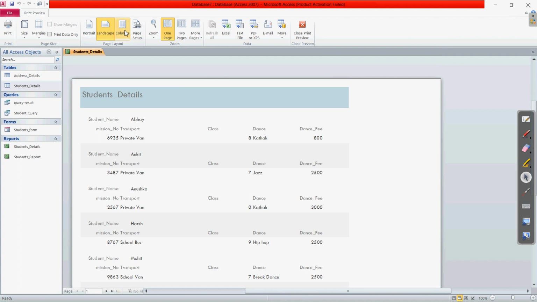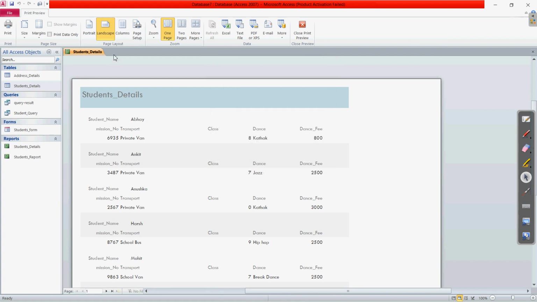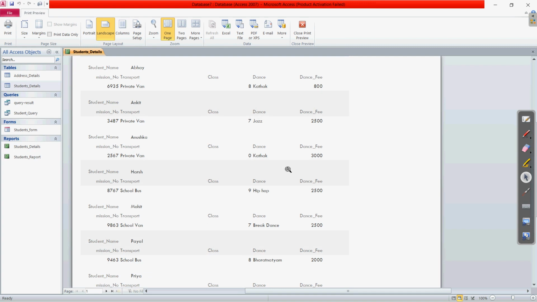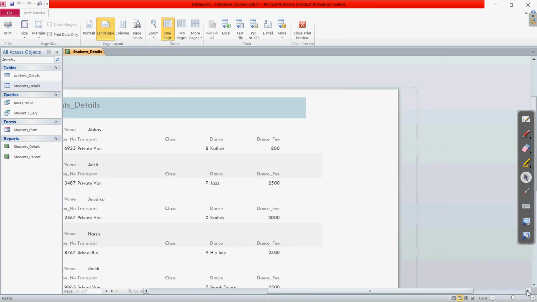Clear? Then under column, there are a few settings we can change, such as the number of columns or the spacing, for the options you have already chosen. I hope this is clear. So this is page 1, and is there any page 2?